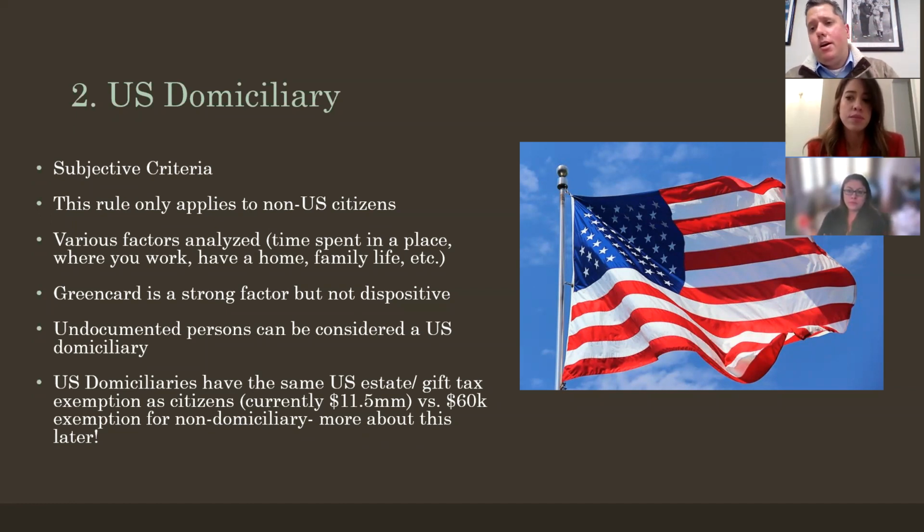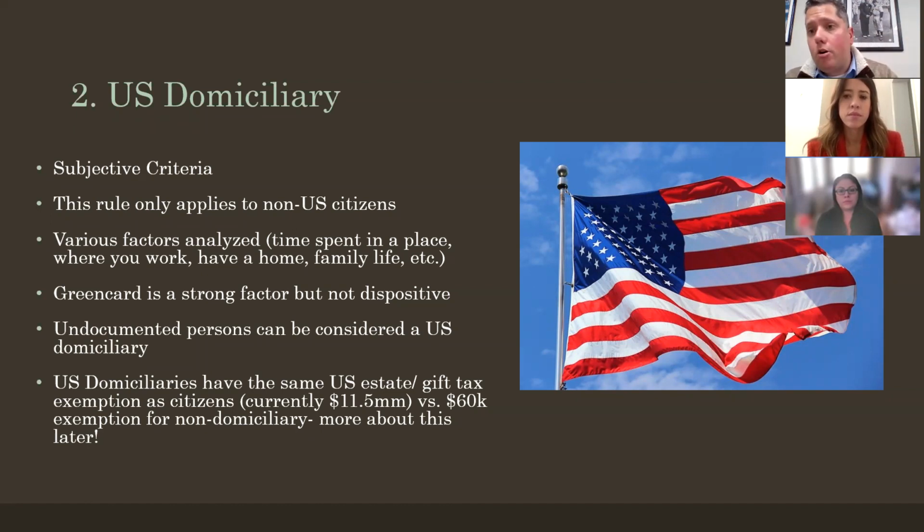But anyhow, we have the $11.7 million exemption as U.S. persons, right? U.S. citizens, I'm sorry. U.S. citizens have that exemption. But if you're a non-citizen, you can only have that exemption of $11.7 million if you're actually domiciled here. Right? Domiciled is a subjective test. You could be here for 1 day and be considered a domiciliary. It all depends on what your intentions are to stay here long term.